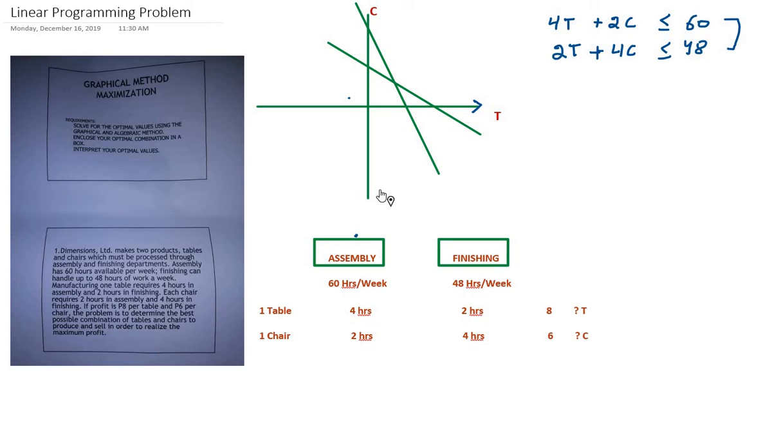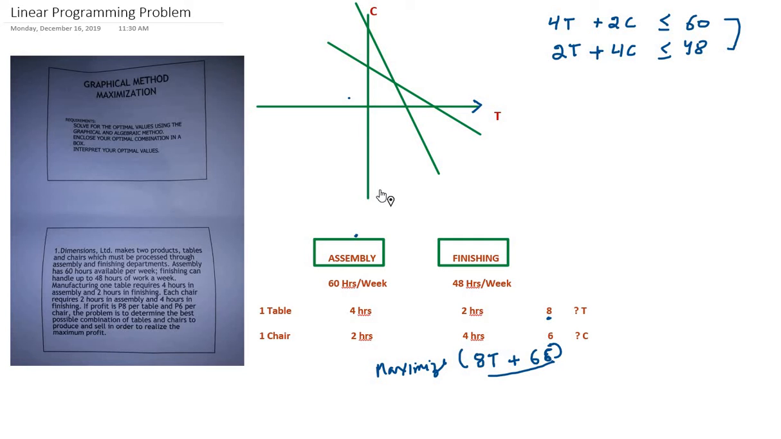And what do we have to maximize? We have to maximize the profit. Profit per table is 8 and profit per chair is 6. So we have to maximize this value. The total profit on all the tables will be 8 into T, plus the total profit on all the chairs will be 6 into C. So we have to maximize this value given